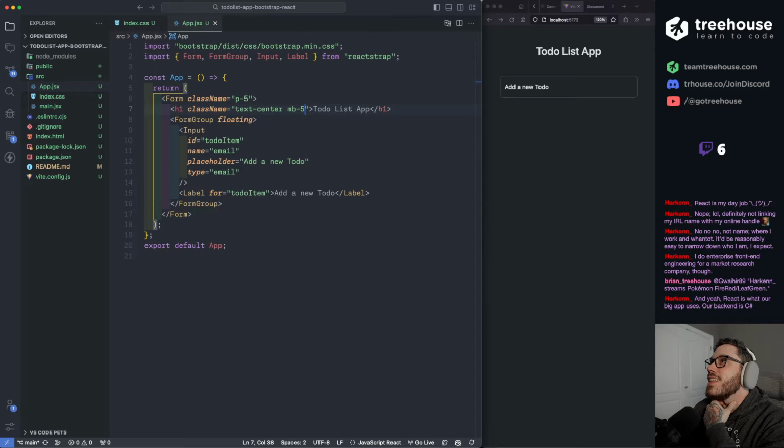Wait, did Rohald say that? Our backend is in C#. Yeah, that's how it was at my first job. And I got thrown into it and had to learn it. And this was way before there was all this AI stuff that could really help you learn things. So it was a headache. I loved it though. I loved my first job. I really did.